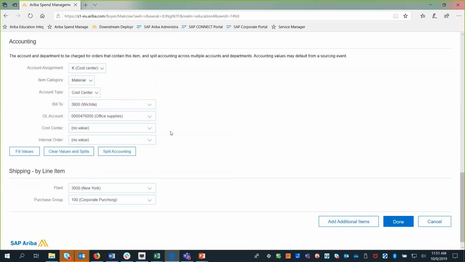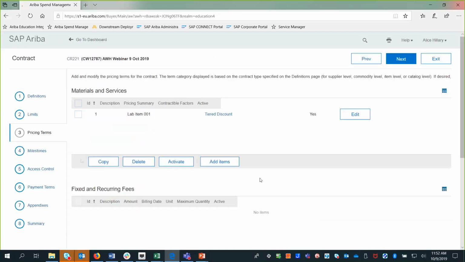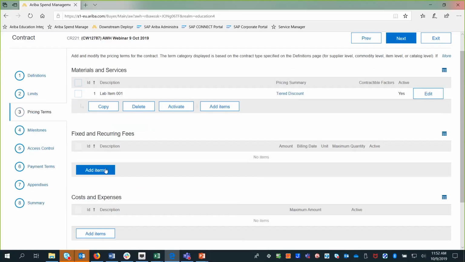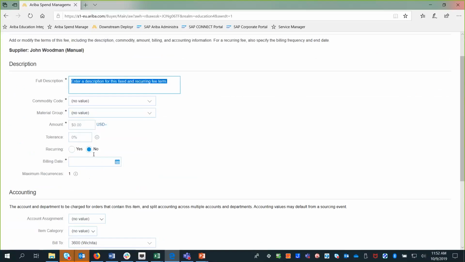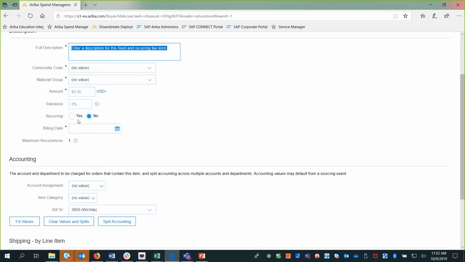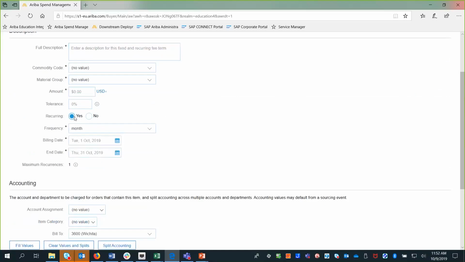If I don't, users just code it when they create their requisitions or the invoice. The cost center, again, would normally default based on the user, but we can put all of that in. There we go. Fixed and recurring is going to be just like we said, like a fixed item. So you're going to see here, you can have recurring dates. So if this was something I wanted to recur monthly,